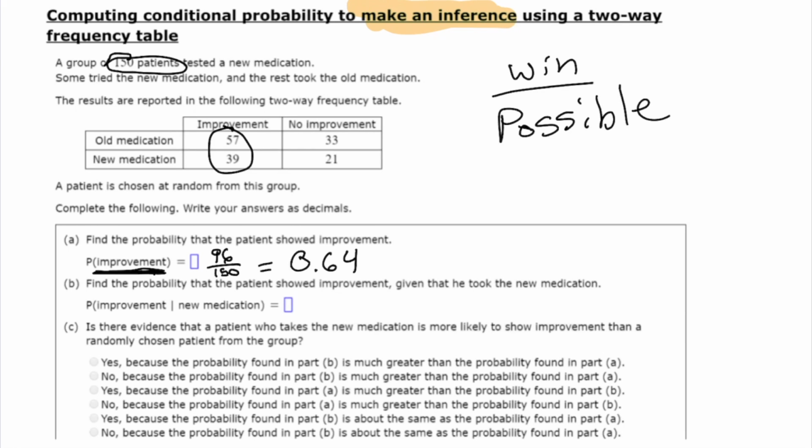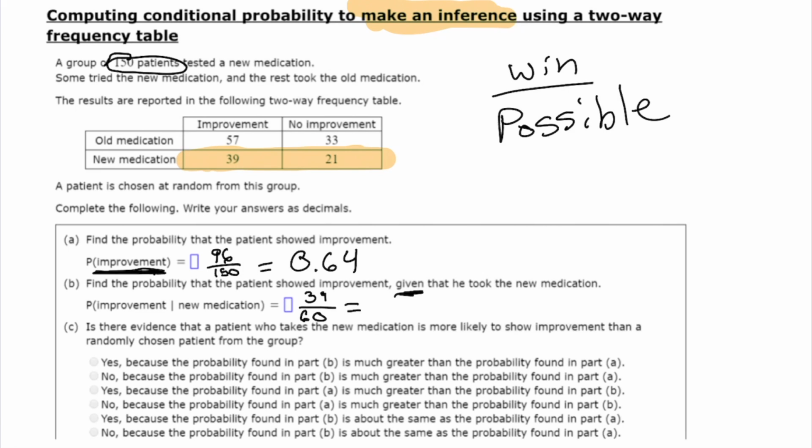Letter B says find the probability that the patient showed improvement, and in this case we have a given that he took the new medication. So we're just talking about people now that took the new medication. Let me erase this. New medication only, that's the given, so we're only going to deal with those two bottom numbers. What's the probability that the patient showed improvement? Well, there's 39 of those that I've highlighted that have shown improvement, over a total of 60